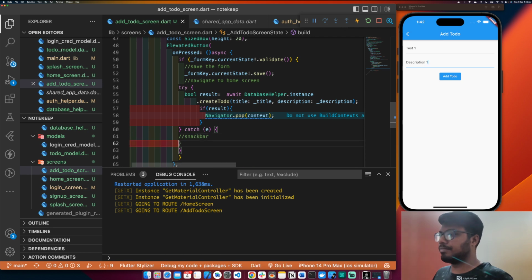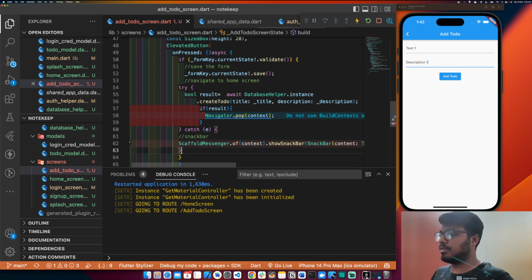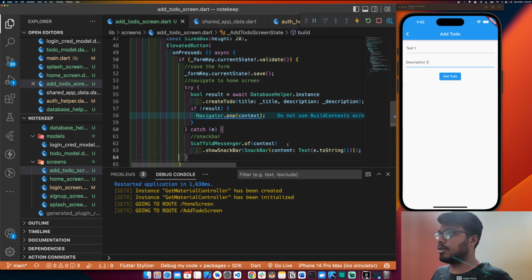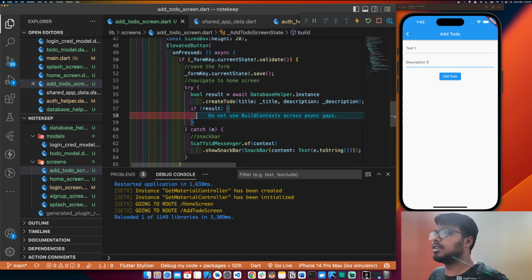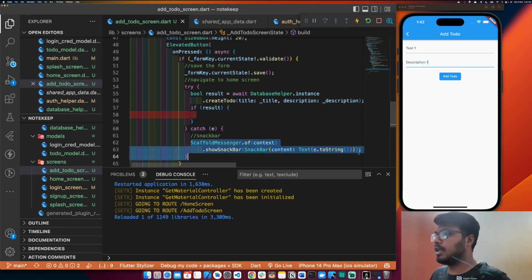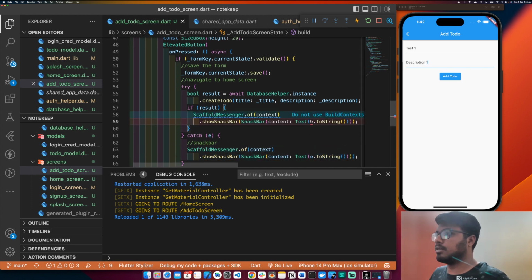Okay, then I can just do ScaffoldMessenger.of(context).showSnackBar, e.toString. Fine. So instead of navigator.pop, I can just simply use this, right? I will just simply use this here, and I will just say text